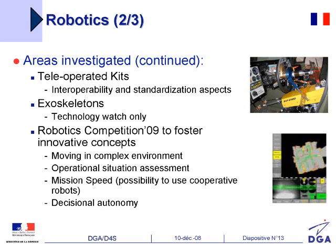We will pursue technology watch on exoskeleton, but we still have some doubts on whether it's an actually promising idea or not. We want to launch in 2009 a competition in robotics to foster innovative concepts, especially in the following directions. First one, moving in complex environment, then operational situation assessment, then mission speed, possibly to use cooperative robots, and